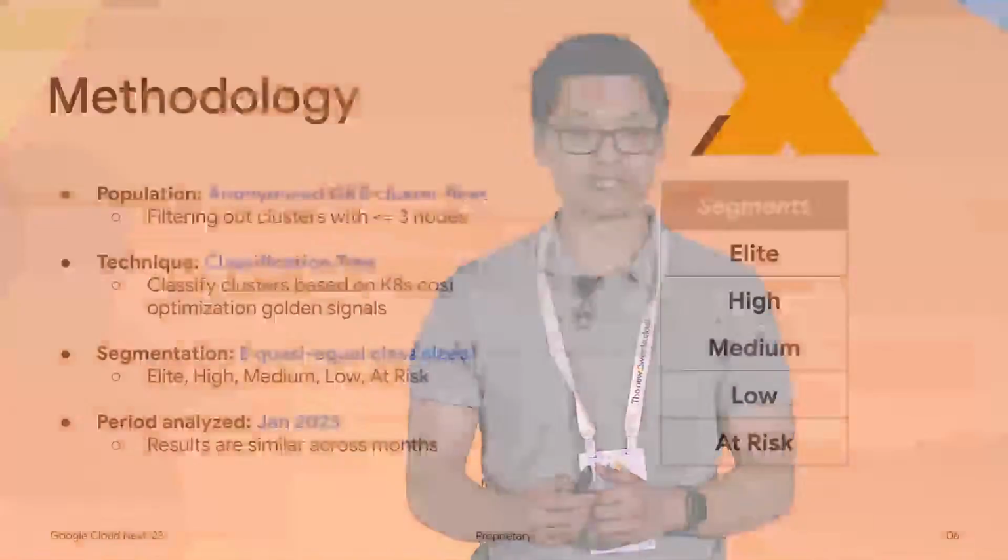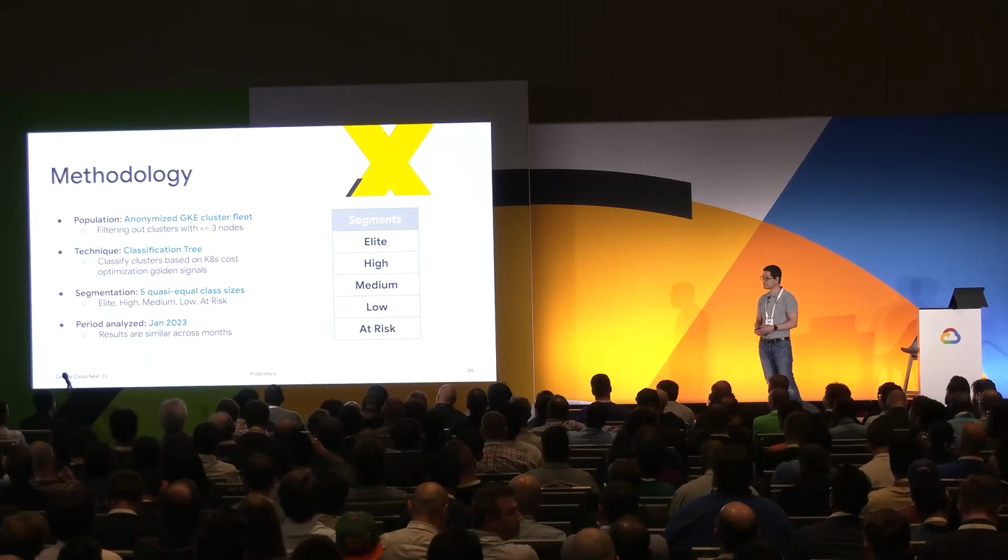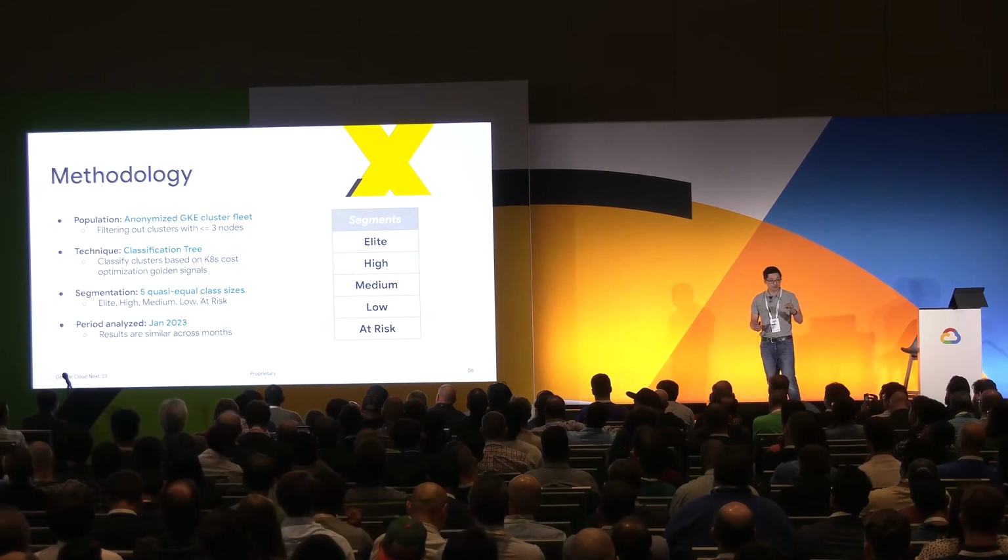As part of the report, we went through a methodology of how we classify. For those of us that may have been familiar with the State of DevOps report in previous years, they had some level of classification of how they segmented their participants. In this case, our participants were anonymized GKE clusters. And this fleet was greater than or equal to 3 nodes. We didn't want the smaller ones. We wanted some of the larger ones as well to mix and match the overall construct of how we segmented. We used the construct of a classification tree to help us segment this,